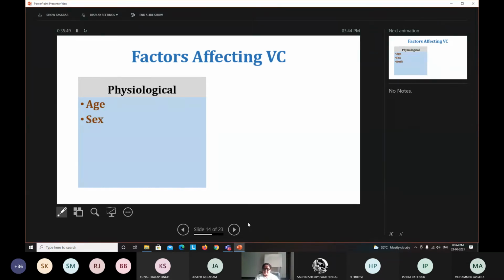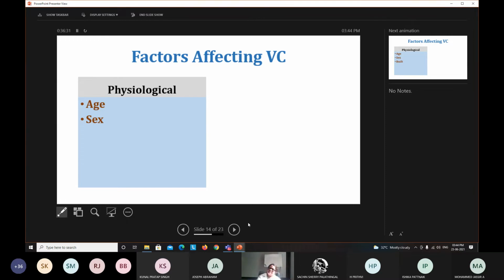Next factor is the gender. As we saw using the formula, in females it is definitely less for two reasons. One is muscles. The boys will be very proud to say that they are stronger, they have more muscle strength than the female, but nowadays it is not so true. Even girls are quite stronger, right? And the build of the person, or the body surface area, is the one which determines this. We saw the formula. So there again, because of huge body surface area, the men will have more vital capacity than female.